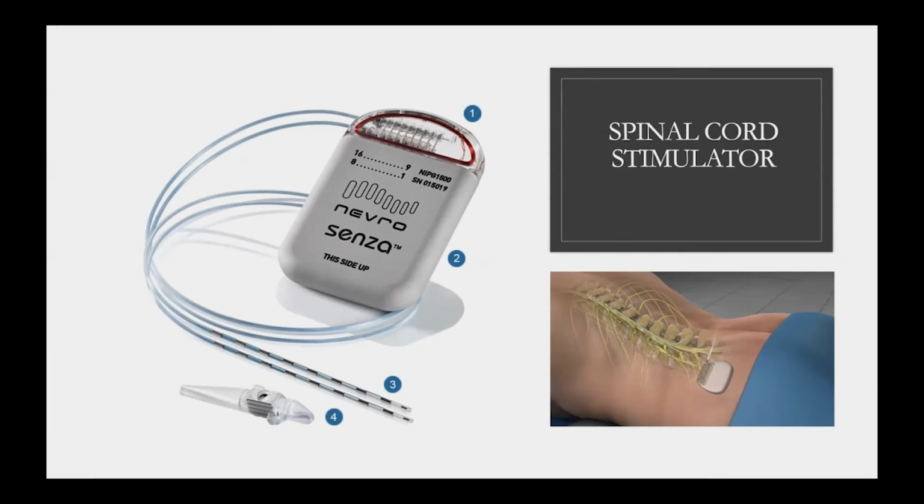One common thing that's used for back pain is something called a spinal cord stimulator. It looks like this. It's very similar to a pacemaker. This part is the battery, and then it connects to two wires usually. This other stuff is just an anchor to keep the wire in place. So this is a surgical procedure where we start with a test where we put the wires in and then we connect it to an external battery.